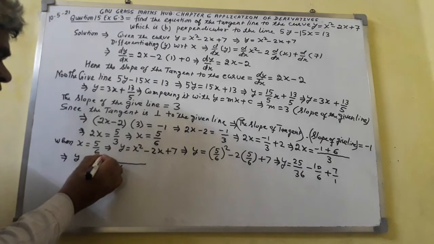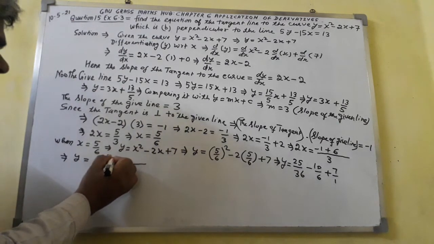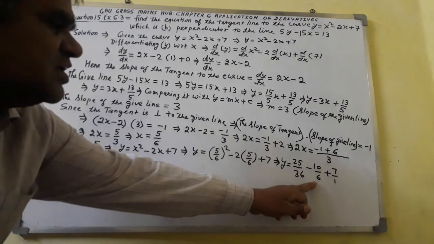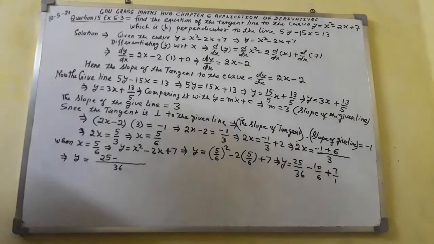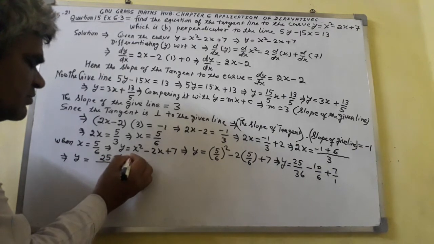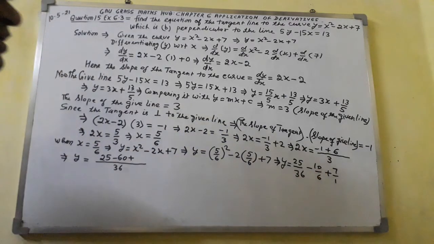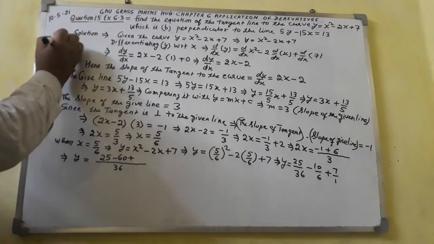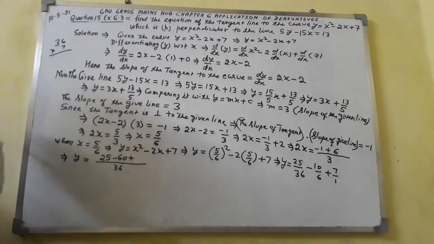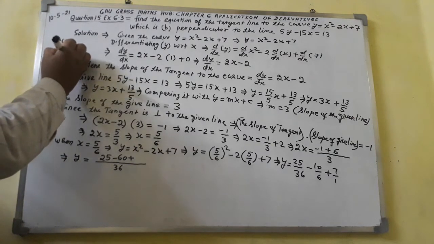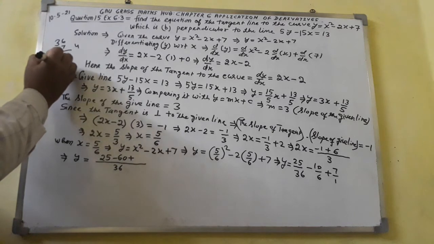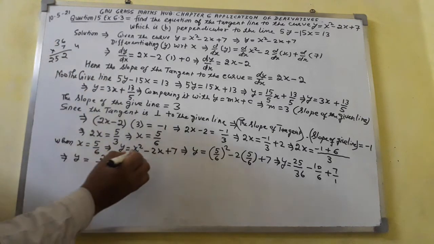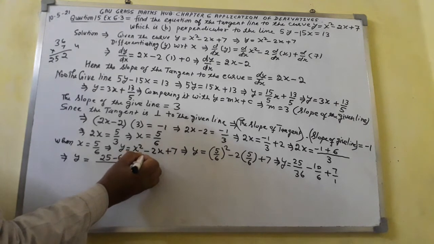So here you will get 25 minus, here 6 is there, to multiply 6 by 6, 36. Here 10 times 6 is 60, plus 7 will multiply to 36. So 36 multiply by 7 comes out to be 7 6s are 42, we get 4 and 7 3s are 21, plus 4 is 25. So here you will get 252.